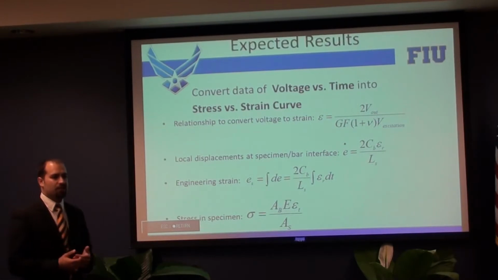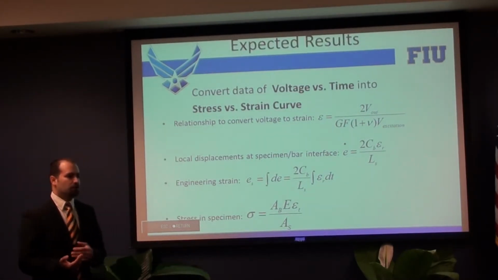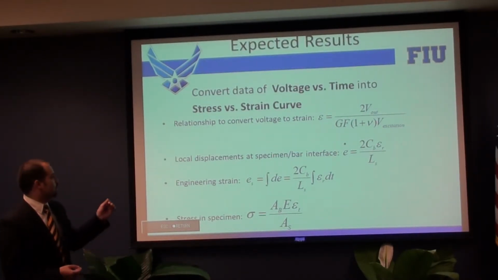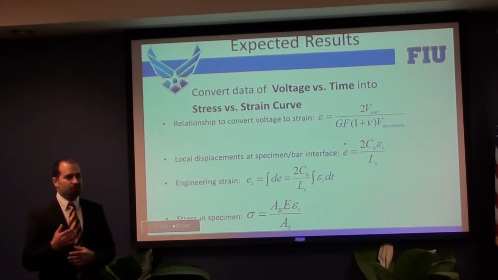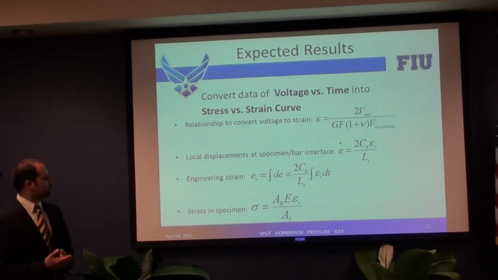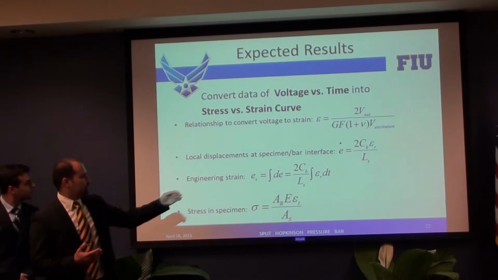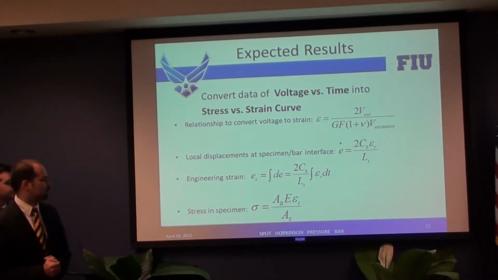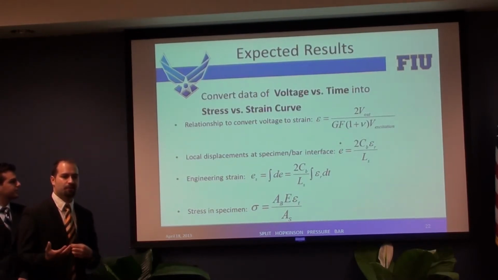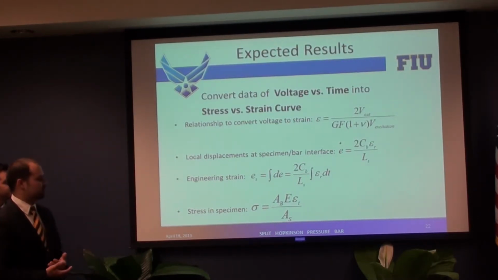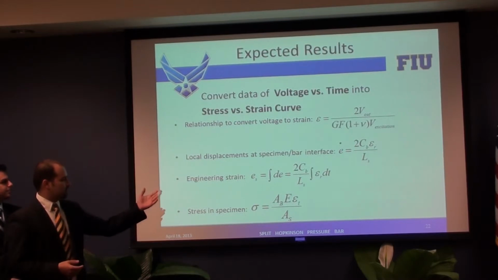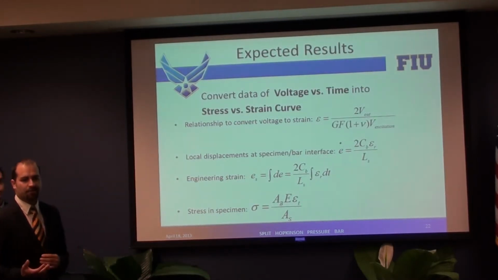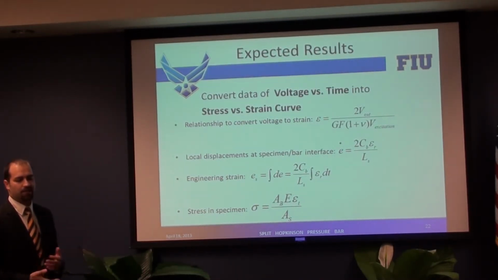But what we need is the engineering strain. So we need to integrate the strain with respect to time so we can find the engineering strain. On the other hand, with the transmitter bar information, we need to find the stress on the specimen. This stress depends on the force multiplier that depends on the area of the bar and the area of the